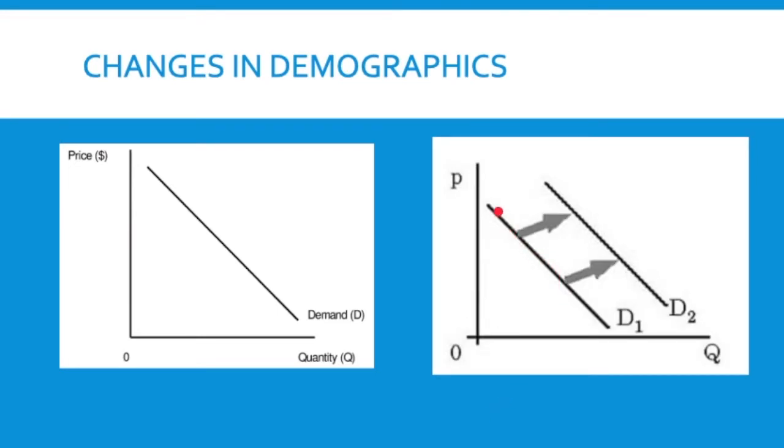If there was some other demographic change, it could cause things to go up. So if you have a younger population moving in, for instance, then that could cause an increase in demand for whatever it is you kids buy these days, like Beanie Babies or such. So a change in demographics could cause that demand to increase. And at all these different price points, at this price, more people would buy it. At this price, more people would buy it, and so on.